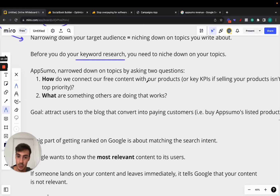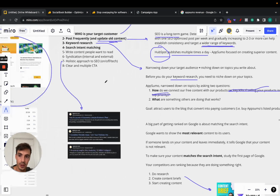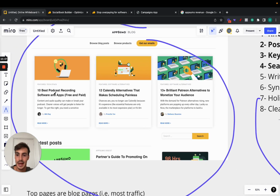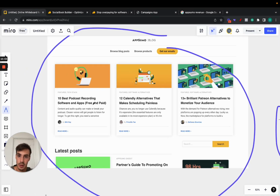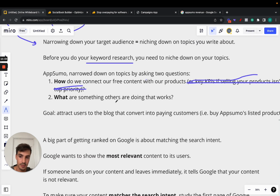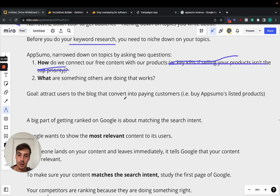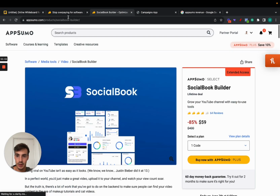They essentially asked two questions. This is super interesting, right? How do we connect our free content with our products, right? And we can delete this for now. It doesn't really matter here. So how do we connect our free content with our products? How do we connect these free posts, like 10 best podcast recording softwares and apps, free and paid? How do you connect someone reading this with buying the actual products you recommend, right? And what are some things others are doing that works, okay? With the goal being to attract users to the blog that convert into paying customers, meaning buying AppSumo's listed products. So the whole goal is to get people from the blog to AppSumo to buy any of these products